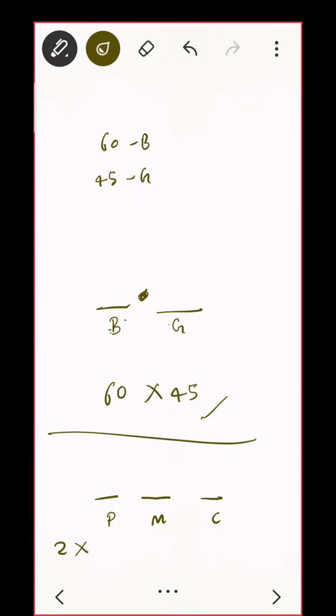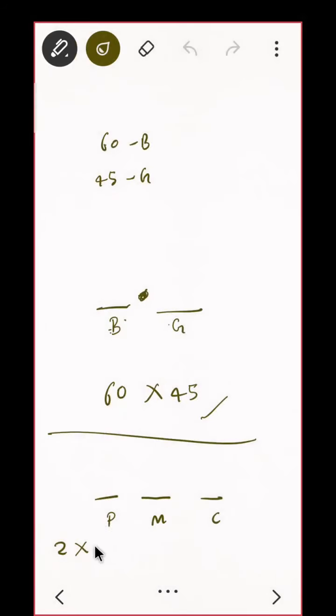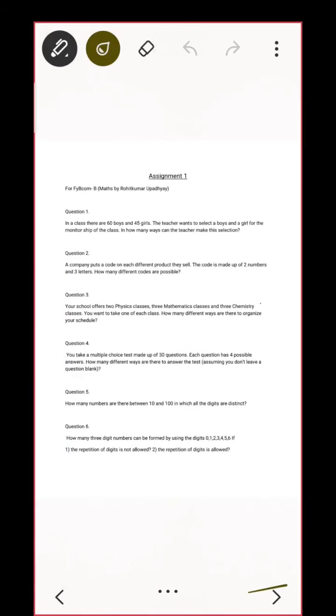For physics, how many was there? 2 was there, 3 was there. Okay, and mathematics is 3 and chemistry is 3. Is that okay? This is my final answer, do you agree? Multiplication, perfect, right? Okay, somebody was saying no, will you just unmute and say why it is no? Yes, what are you saying? Mm, so how